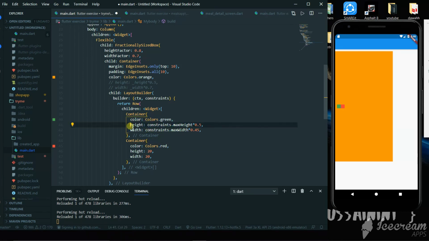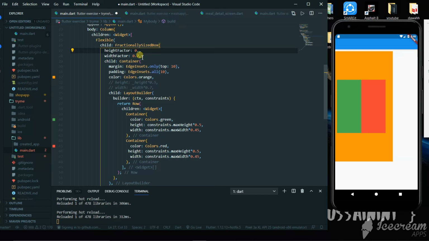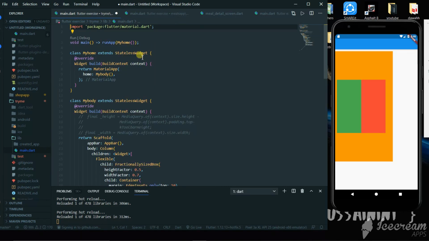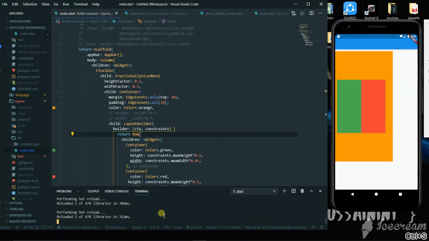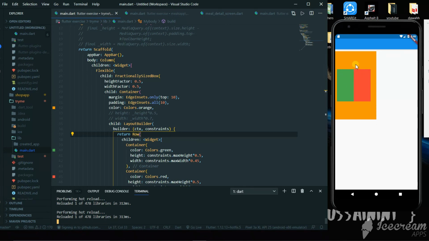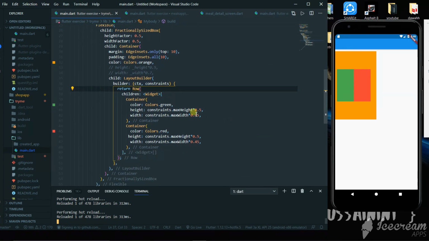And similarly for the other box as well. So we'll copy this and we'll paste inside the other box. Now we'll run this and see. So we could see that it has been resized depending on the outer box. So let's resize the outer box and see if the inner box changes. So we'll make this height and width factor 50% of the outer box, and we'll run this and see. So we can see that the size of the outer box changed, and depending on that the size of the inner box changed as well, but the percentage remains the same, which is 50% and 45%.